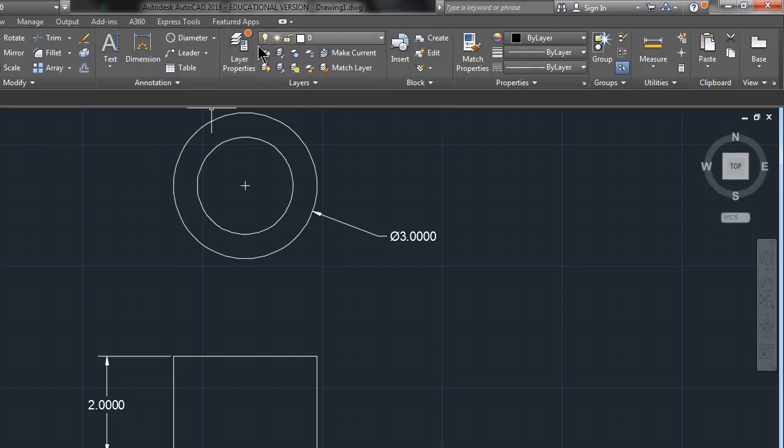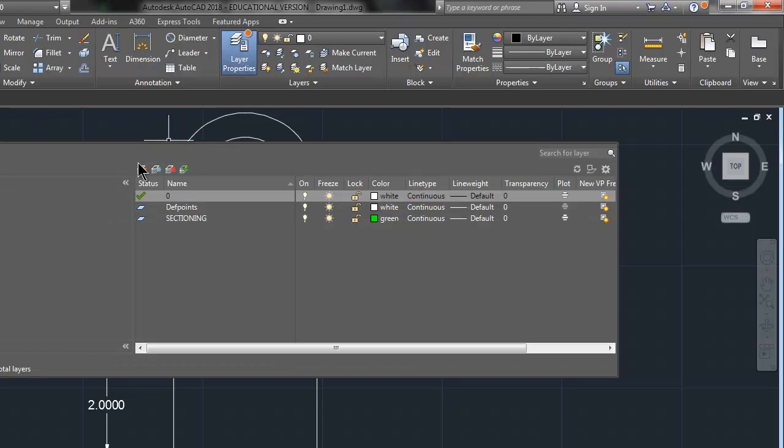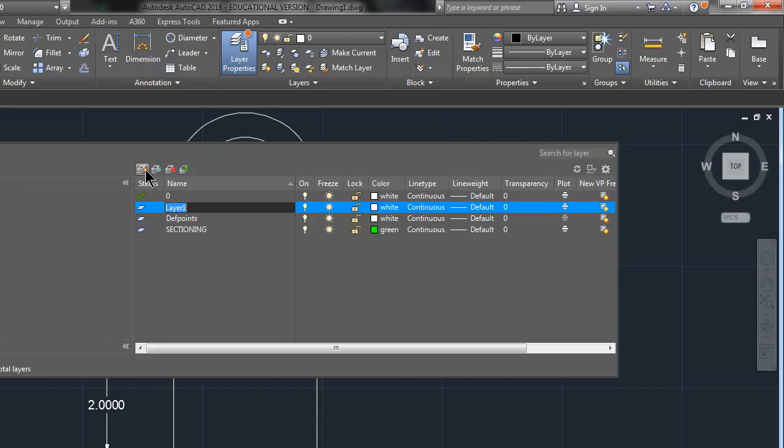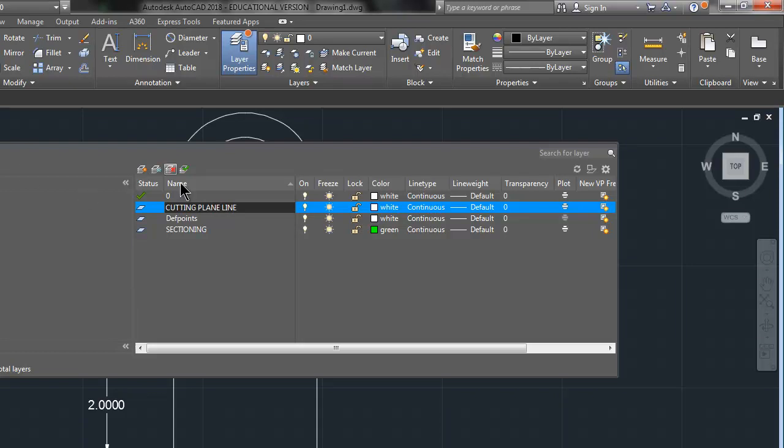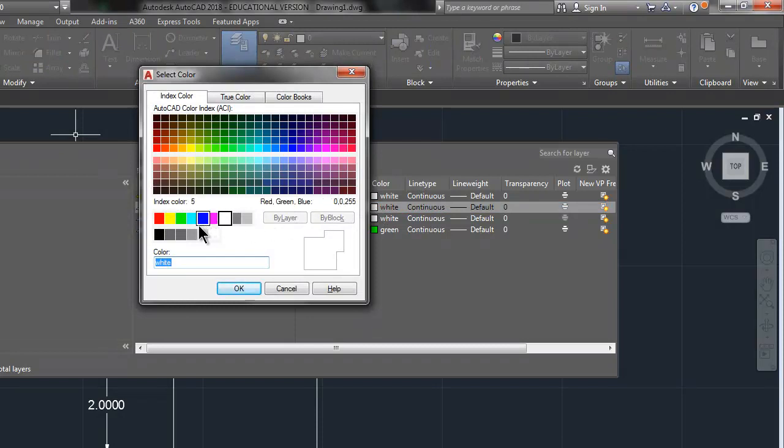Number one, we're going to create a layer called cutting plane line. So I'm going to my layer properties, to my new layer button, and I'm going to call it exactly what its name is, cutting plane line. I'm going to make that, let's say, cyan, the light blue,